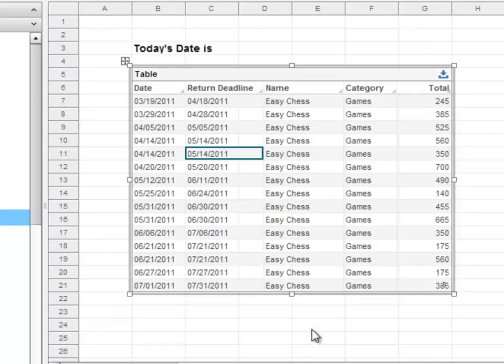Press OK to apply the format. The return deadline column contains dates that are 30 days past each order date. Now let's create an additional calculated field that will give us the elapsed time in years from the original order